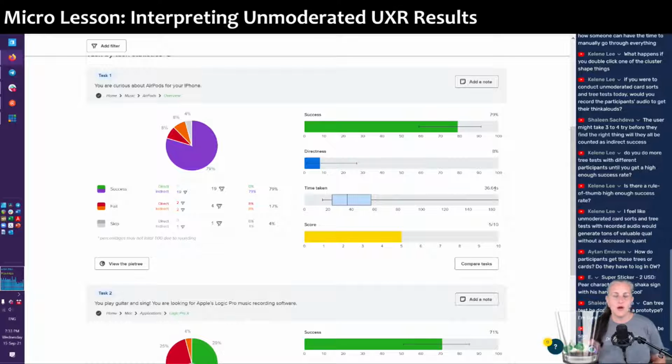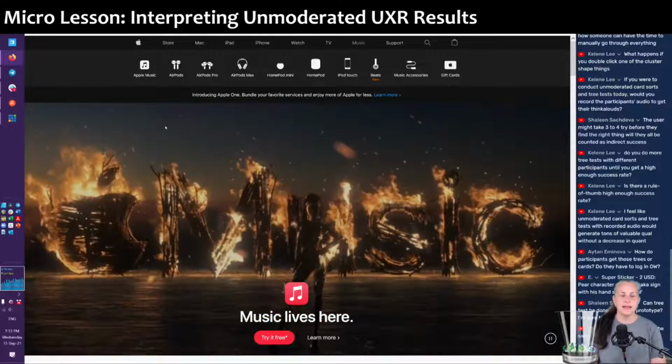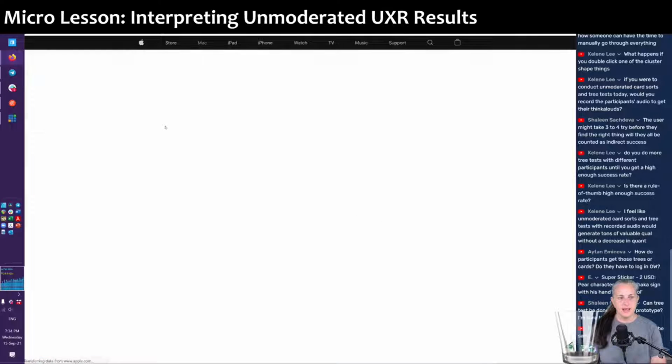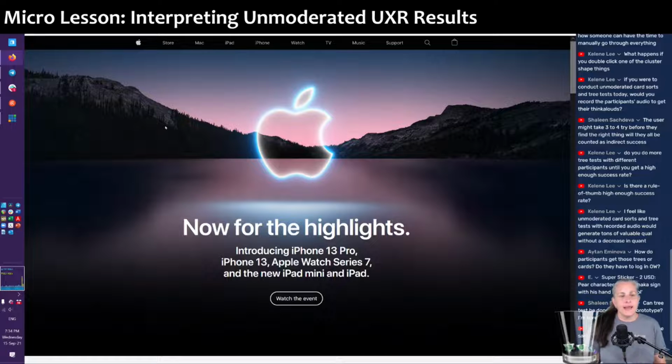Remember, some people have cognitive or memory or other issues that make them move through things more slowly. I don't want to penalize them for that. But 36 seconds seems like a long time to say, where would you find it? And we just did this ourselves. Where would we find it? If we went back to the Apple homepage and we started this adventure again, and we said, okay, here, so